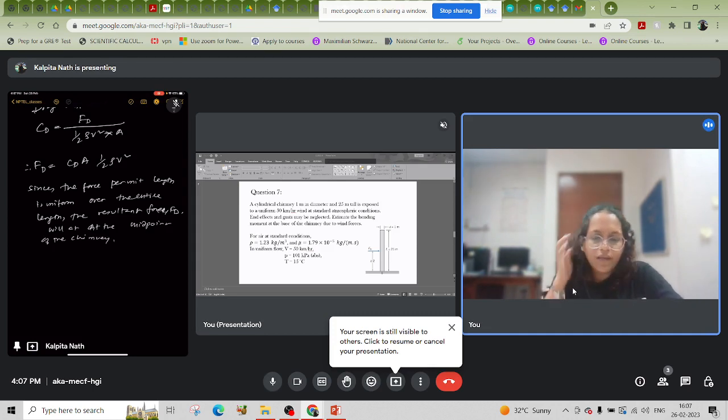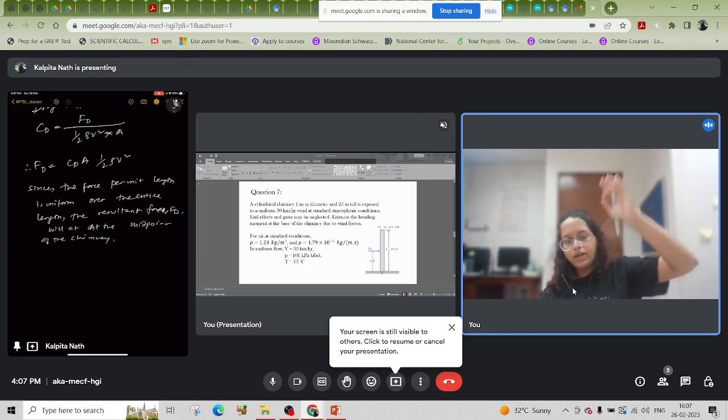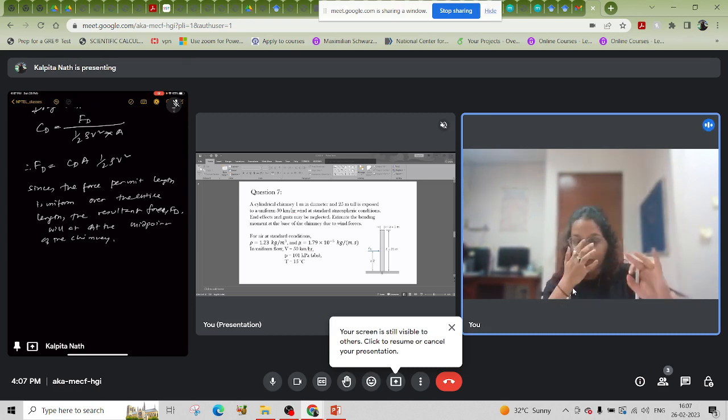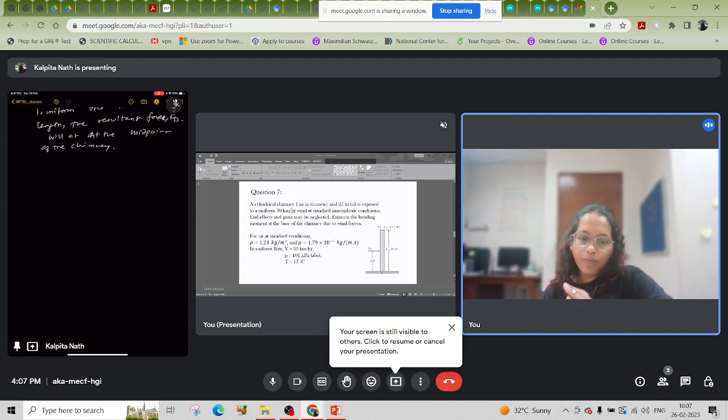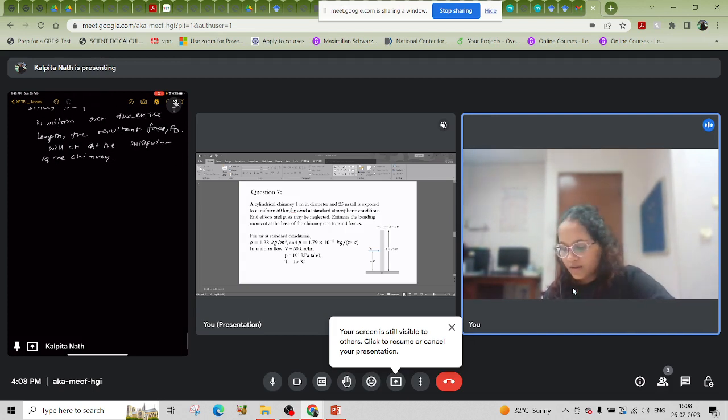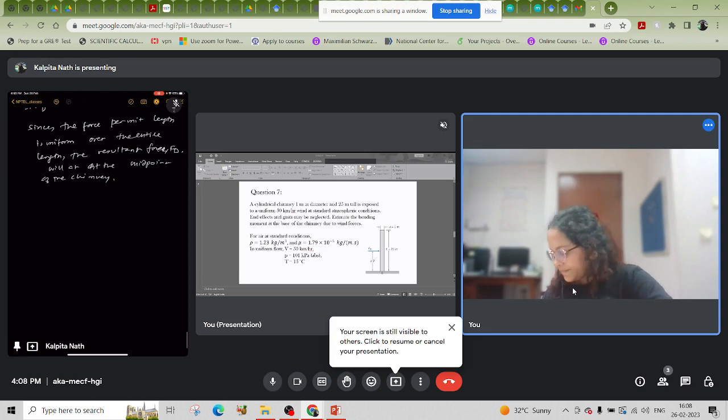What is happening here? The force per unit length is same. In the whole length, the force is uniformly distributed. So Fd can be taken as acting at the midpoint of the chimney. That is all said. So here, for moment, we need to also give the distance at which the force will be acting. So hence,